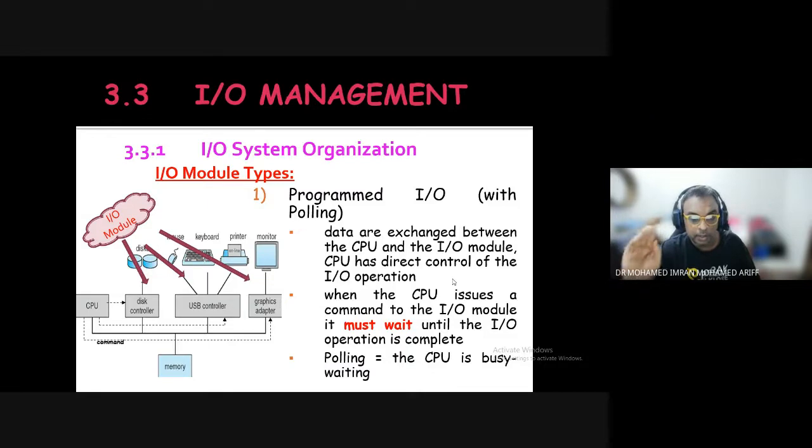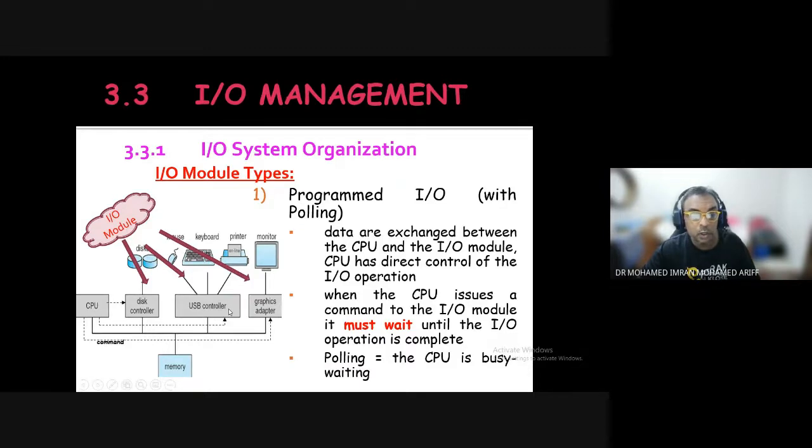For example, if the CPU needs to print something, first it will send a command to the module: alright, are you free to be printed? The CPU is sending a command to the USB controller, which is the printer, the I/O module. Are you free to be printed?